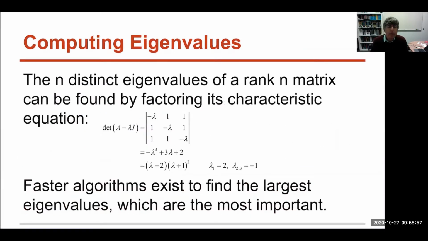So how do we compute these scalars? They are called eigenvalues. And again, when you took a linear algebra course, you went through this a little bit. How do you find them? It turns out that if you have a matrix of rank n, meaning that all the rows are linearly independent, and it's a well-formed matrix, it will have n distinct eigenvalues. And these can be found